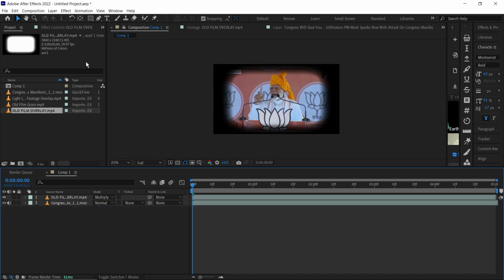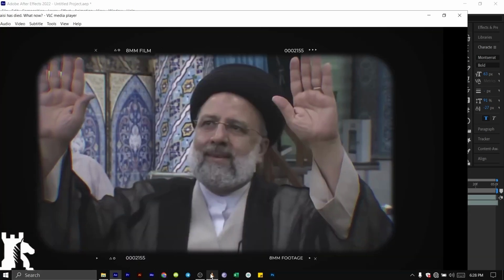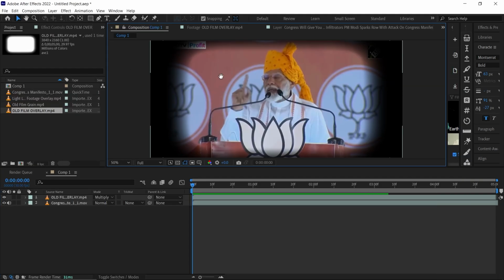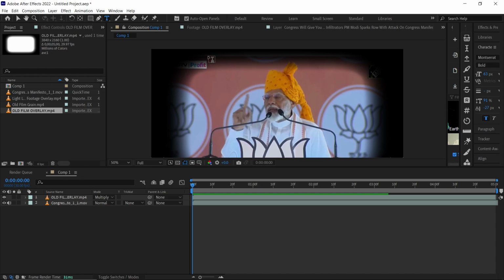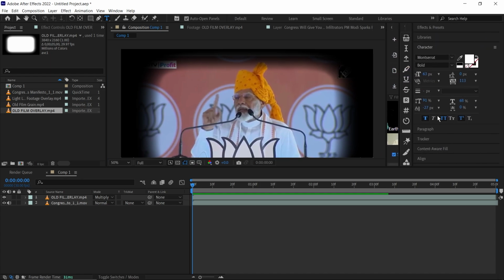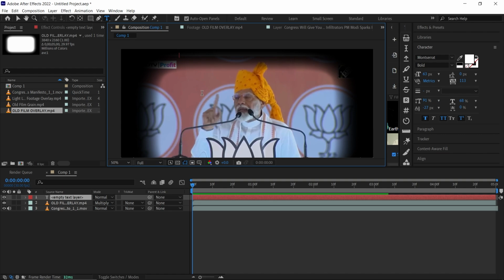The next thing we're going to do is for this frame here, there's a number. Usually it comes with the frame, but because we couldn't get this actual frame, I'm going to be faking this. So I will just go down to my text tool and try to type this, and I'll be using this font here. You can copy my settings. So I'm just going to try to fake this. I'm just going to come here like this and type in